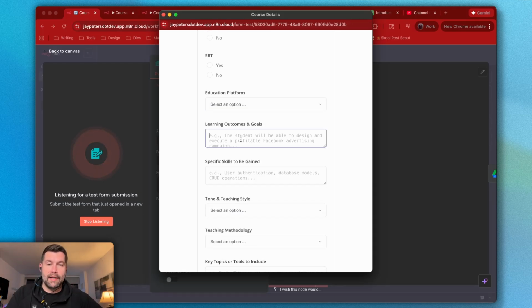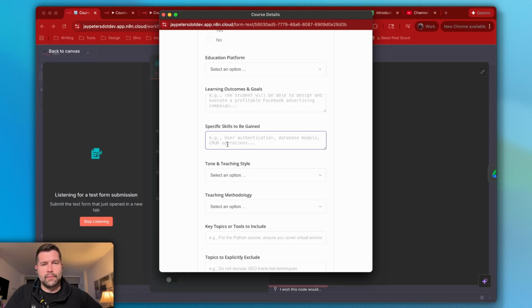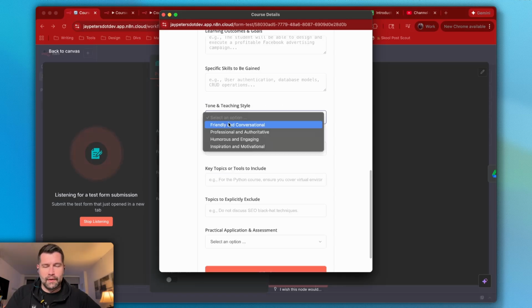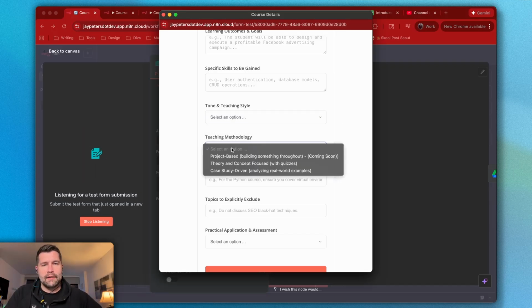And then here you can outline what the actual goals are. So what are we trying to learn in this lesson? The specific skills to be gained, if you wanted to be very specific about that. Teaching style, so you can try to give it a bit more of an idea of how it should be presenting. And then the methodology. This one doesn't work as well. Project-based is really tough for AI to keep all of that in context. So we're going to stick more with theory and concept focused or